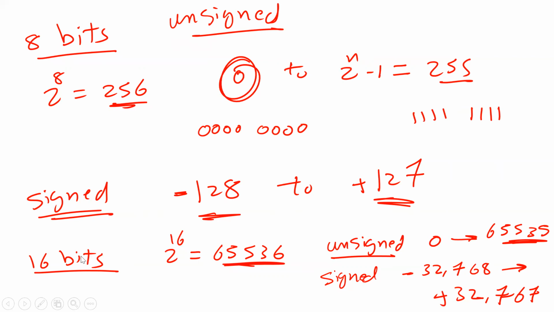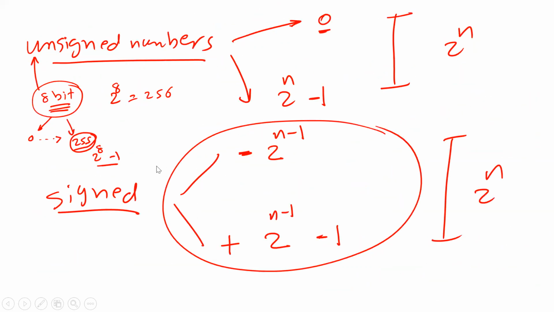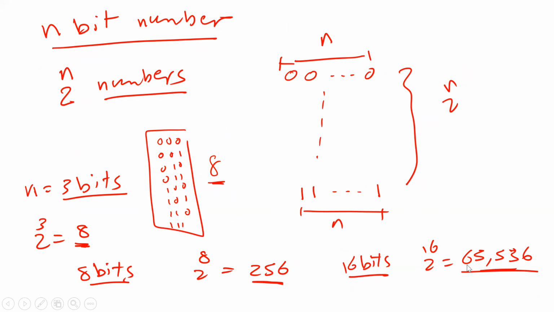What about 16-bit? Because of 16 bits, the whole space you have is 65,536. The first one is going to be 0, so the last one is going to be 65,535. Is that right? For example, if I tell you I have 8 numbers, from 0 to 7 is 8 numbers.